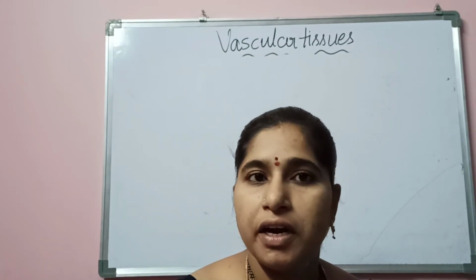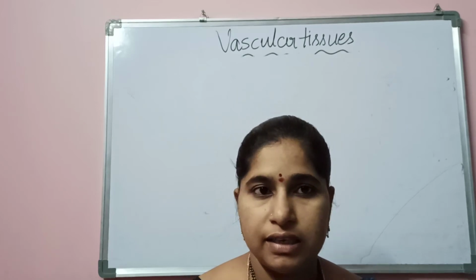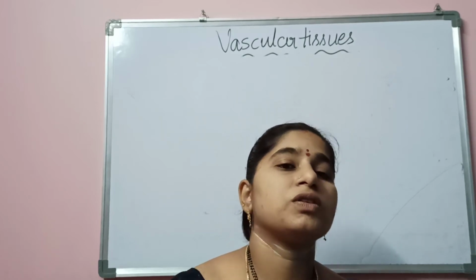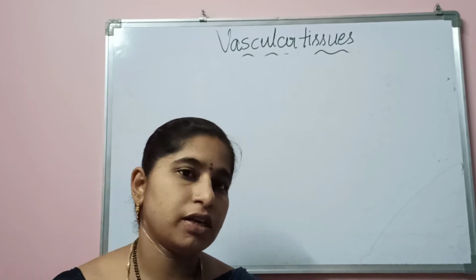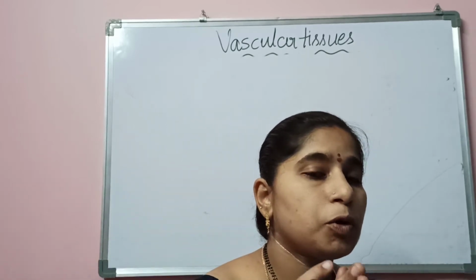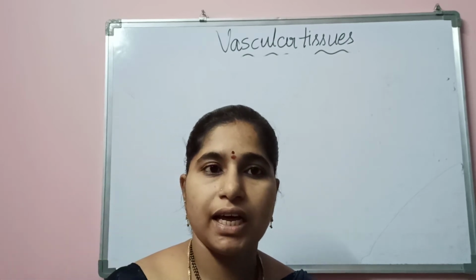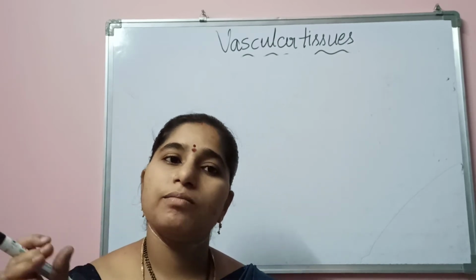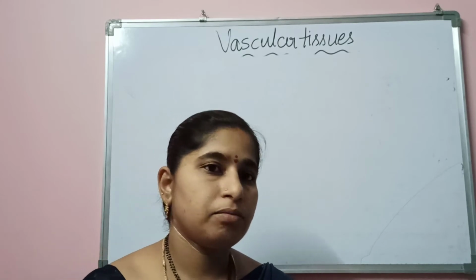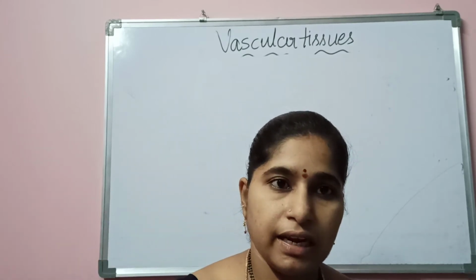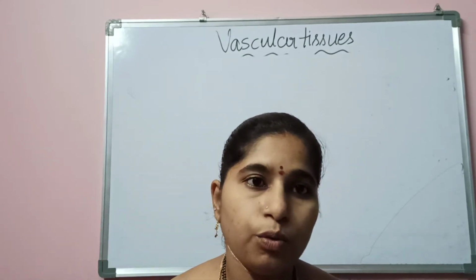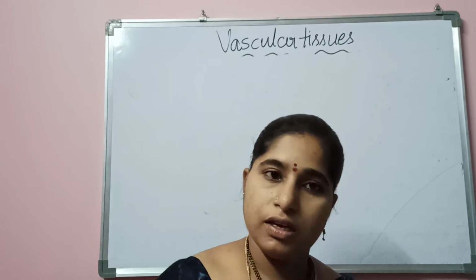Okay, the xylem is divided into two types, protoxylem and metaxylem. The first formed xylem is called protoxylem and the secondarily formed xylem is called metaxylem. If the protoxylem is towards the center and the metaxylem is towards the periphery, it is called endarch xylem, and if the protoxylem is towards the periphery and the metaxylem is towards the center, it is called exarch xylem. Exarch xylem is observed in the root, whereas endarch xylem is observed in the stem.